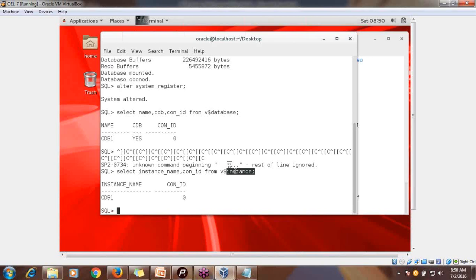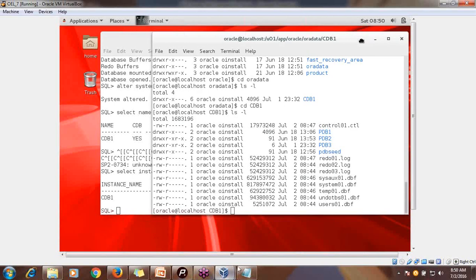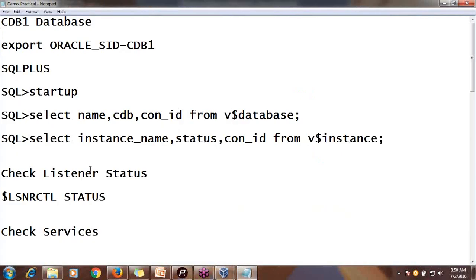Okay, so V$INSTANCE. Fine. So this is also at the data dictionary level. All these things are the same. Next is the listener. We already started it. Okay, and also we have checked the services.